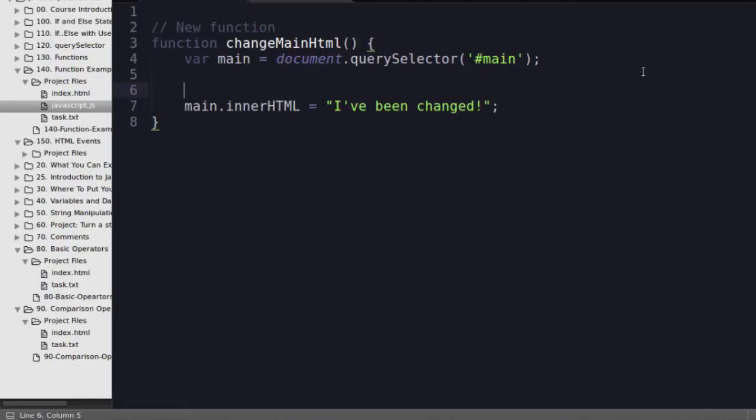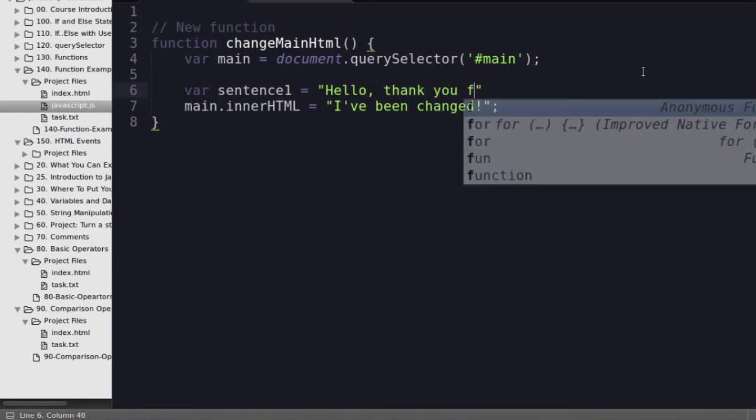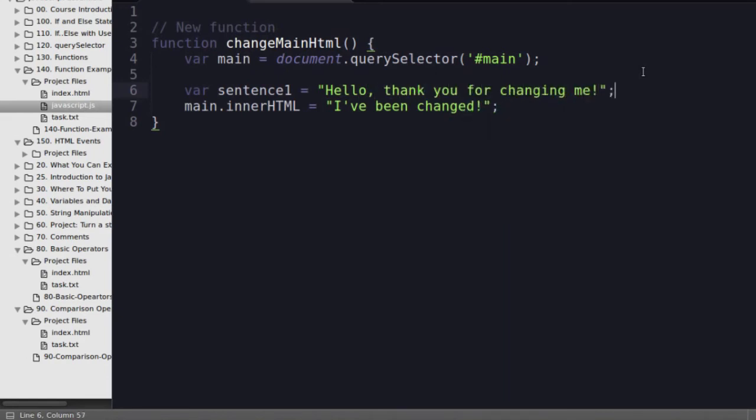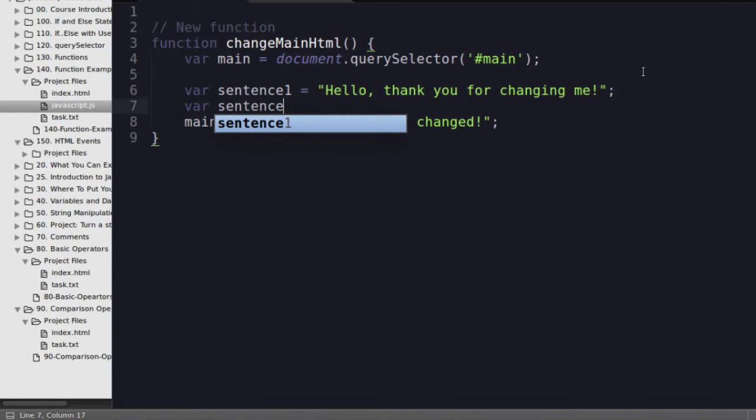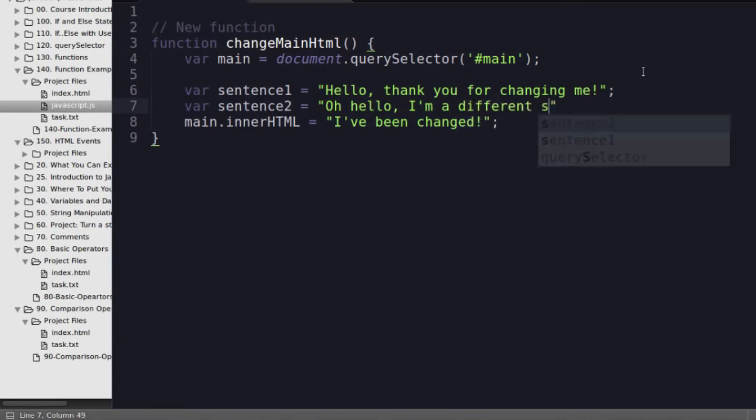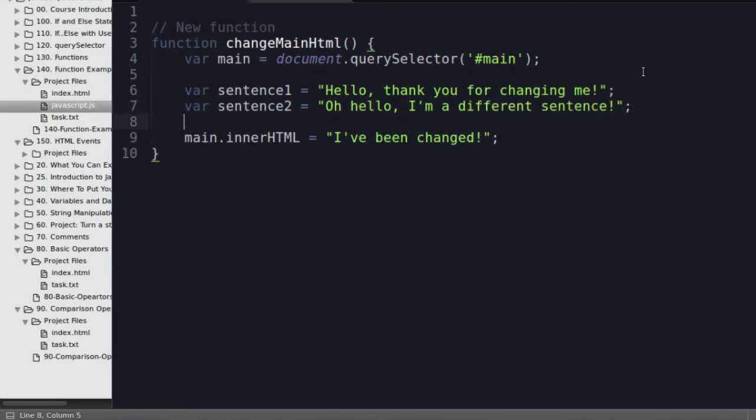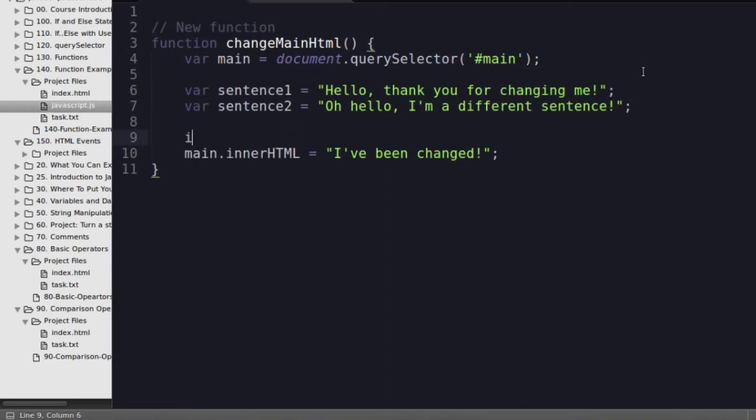What if we wanted to toggle the content? To toggle the content, let's add two different sentences that we're going to switch back and forth. So variable sentence 1. Hello, thank you for changing me. And variable sentence 2. Oh, hello, I'm a different sentence. Lots of exclamations in there. It's very exciting stuff. So now we can say if